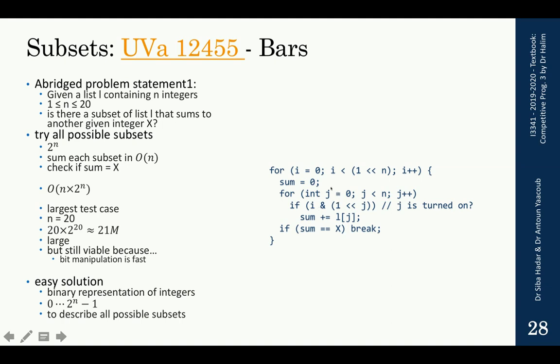For each case, if the bit corresponding to j, which is the element's place in the list, is on, as we just explained, you sum the element, and if it is off, that means it does not make part of the subset in this iteration, so we don't sum it. And if the sum after the for loop is equal to x, we found a solution,